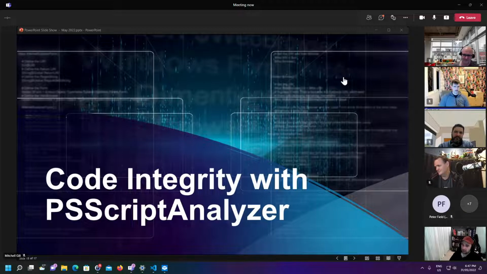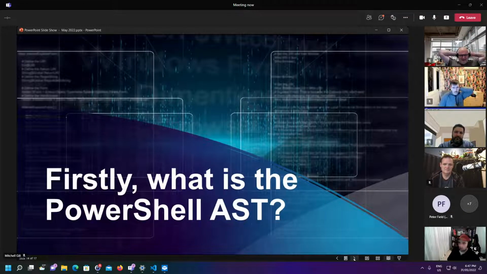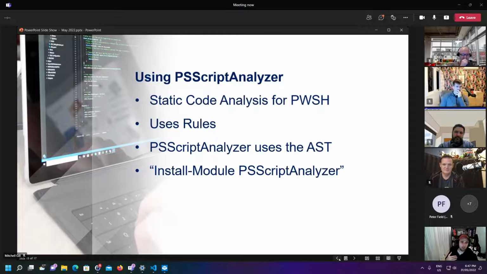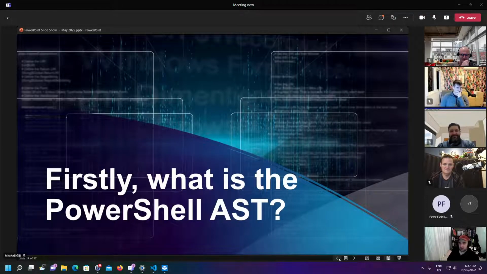Now, before I talk about PS Script Analyzer, I'll just quickly go to the next slide. I want to talk a little bit about what the PowerShell AST, or the abstract syntax tree, is. Essentially, it's a syntax representation of PowerShell tokens that are parsed and then grouped into different AST types. The idea is that it's essentially a programmatic structure of representing your execution. It's broken down into different object types. So tokens could be variables, they can be script blocks, they can be